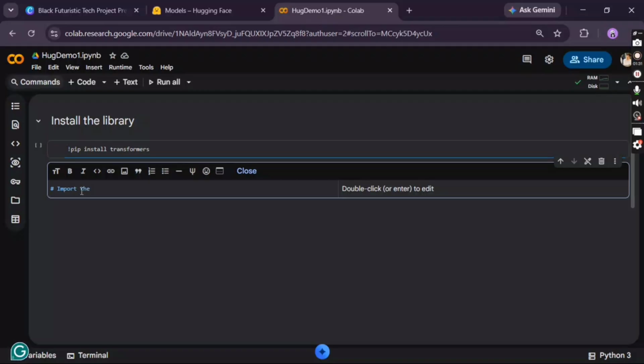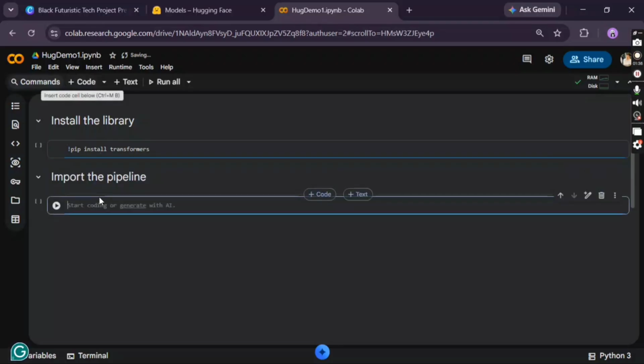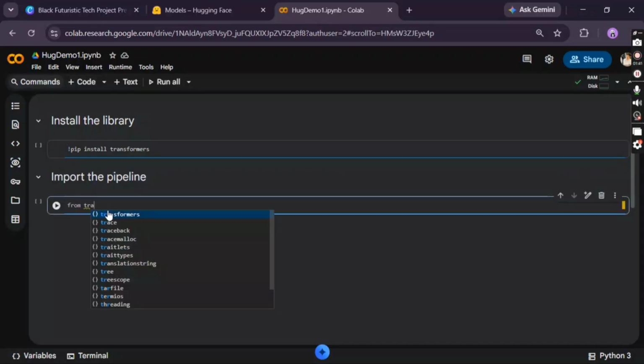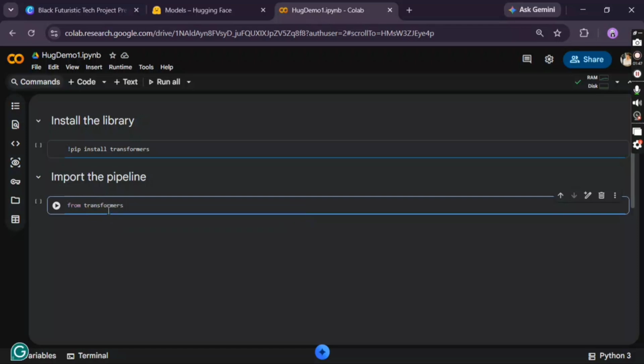And the next step is going to be importing the pipeline. For importing the pipeline, you just need to code from transformers import